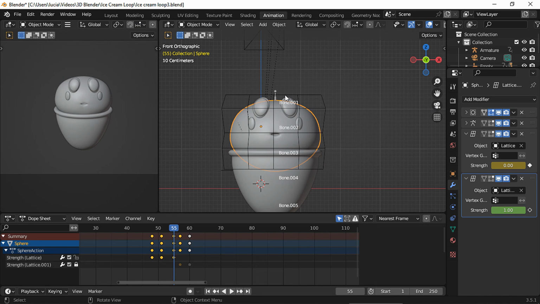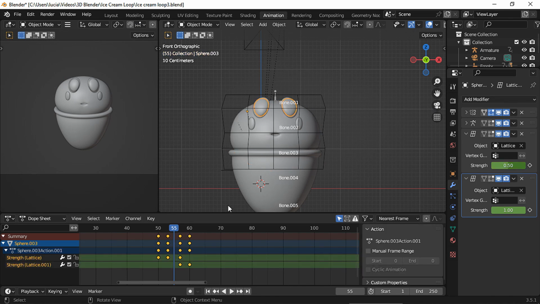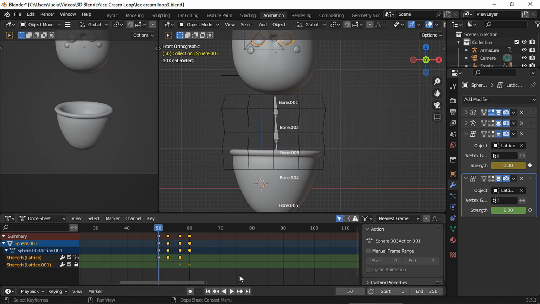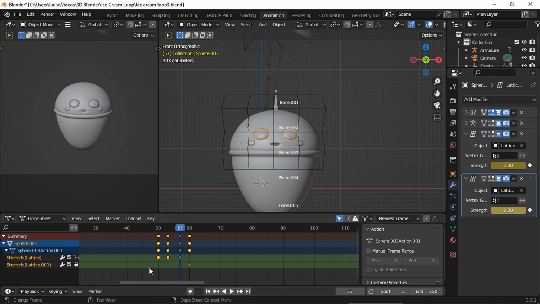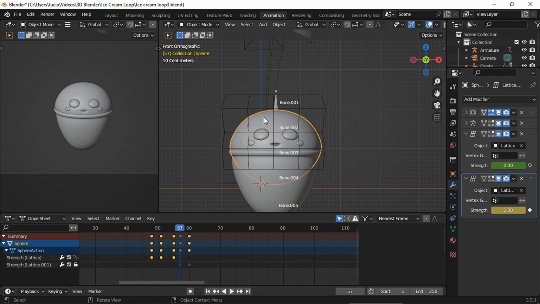Now let's see the first lattice modifier, but in all the other meshes. In frame 50, the strength is set to 0, then in frame 53, the strength is set to 1, and in frame 57, the strength is set to 0. And the other meshes' keyframes are in the same place.